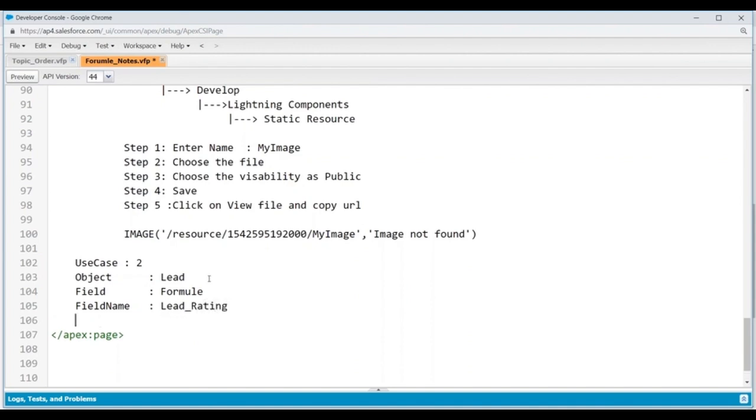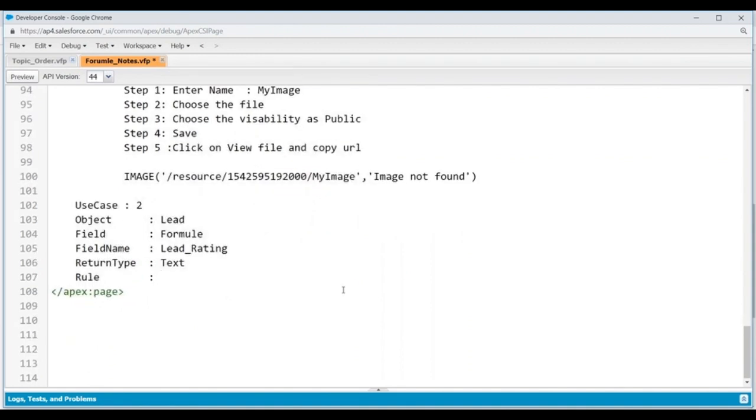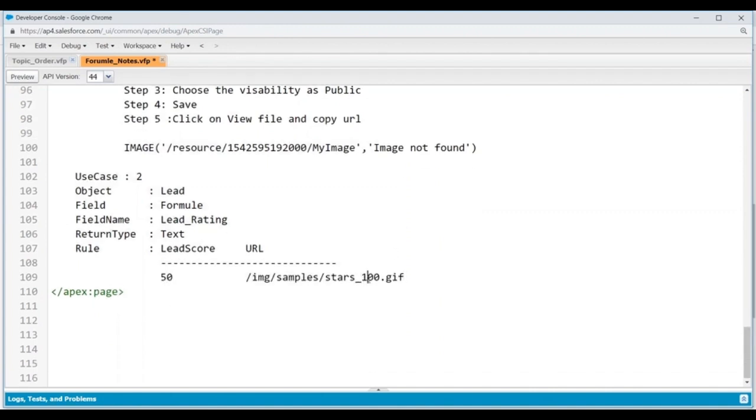Read it. Then return type. Root. If it is 50,